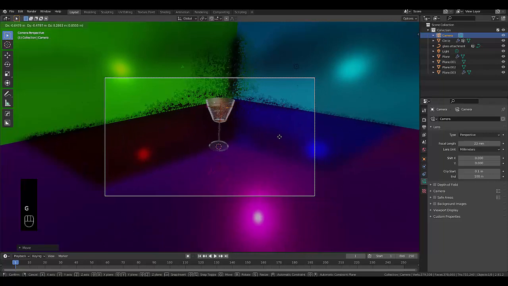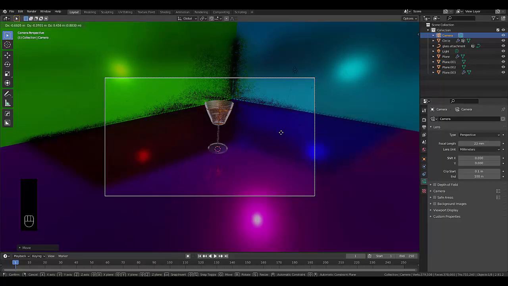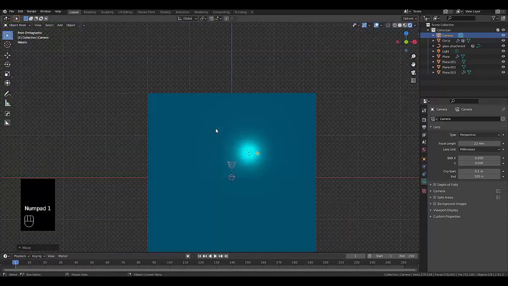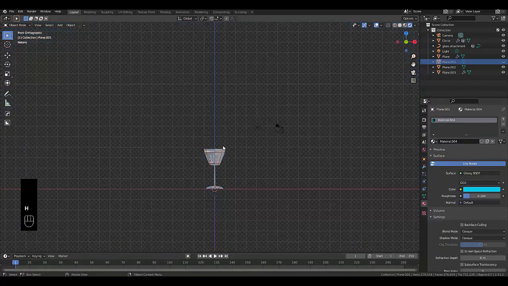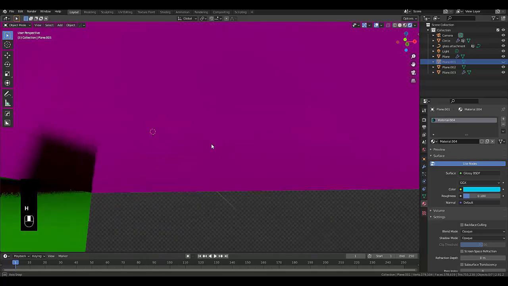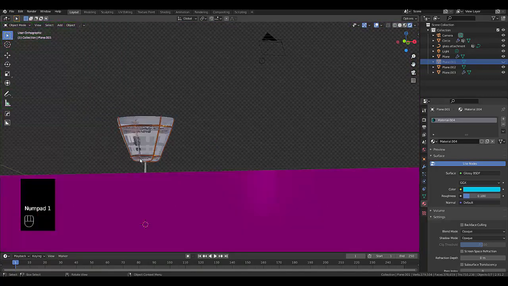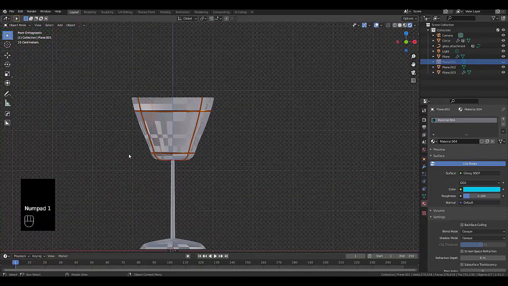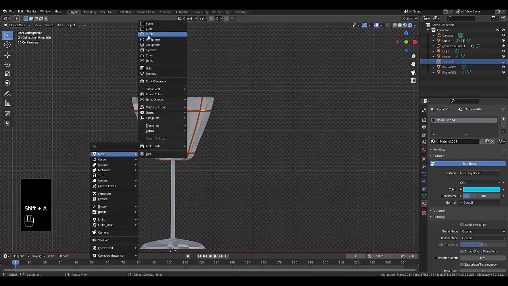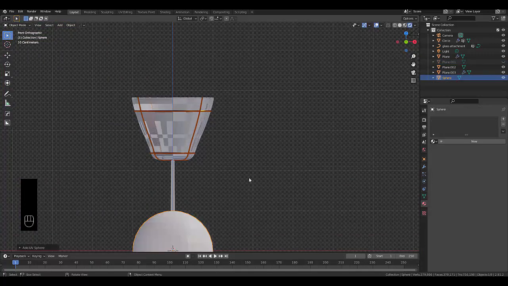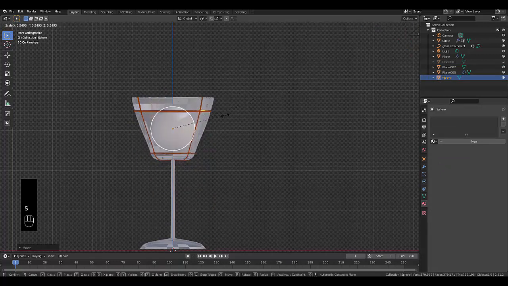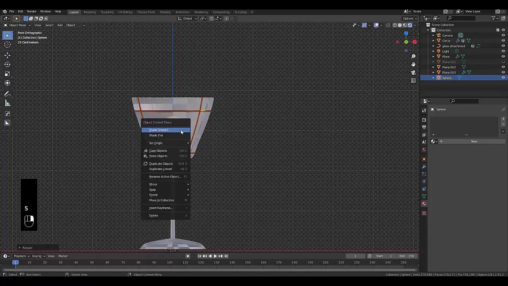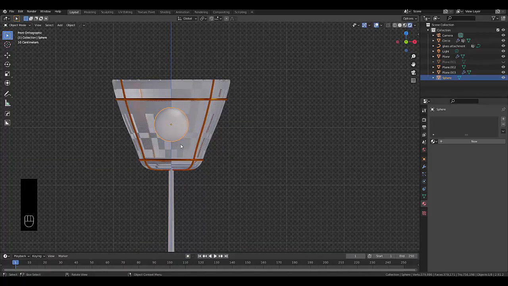So this would probably be a relatively good starting point. Let's press numpad 1. I'm just going to hide what I don't need to see right now. Numpad 1. I'm going to press Shift A, Mesh, UV Sphere, G Z, lift this up to about here, S to scale this in, right click, Shade Smooth,